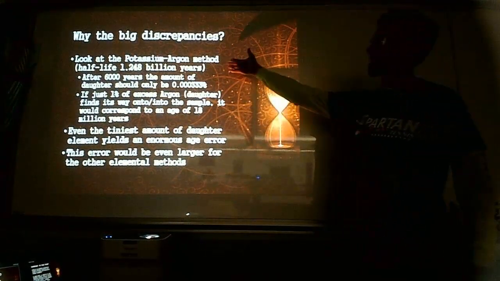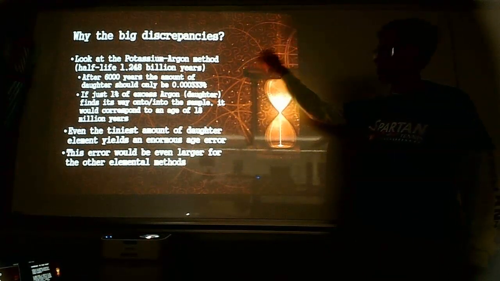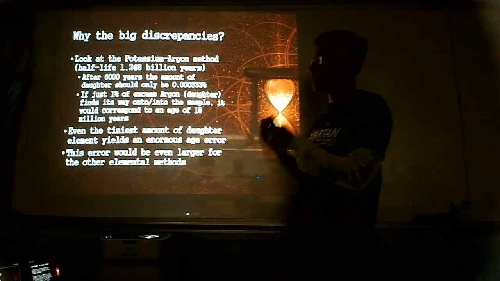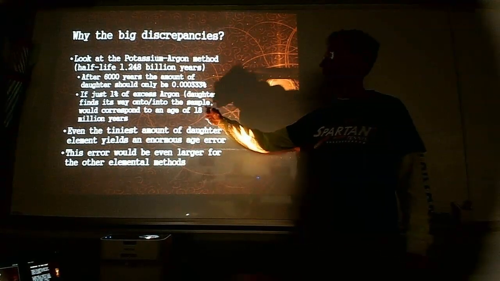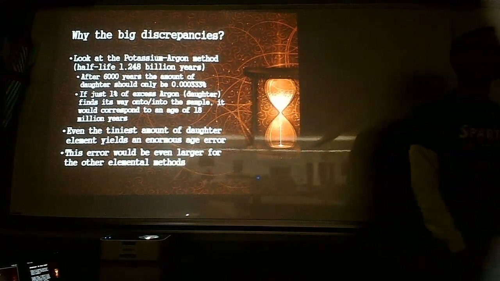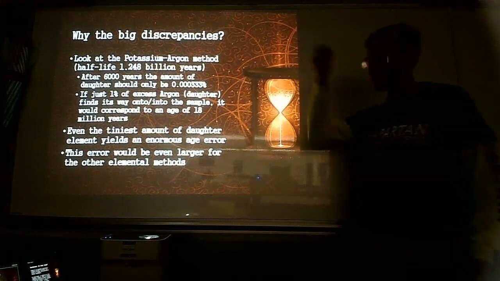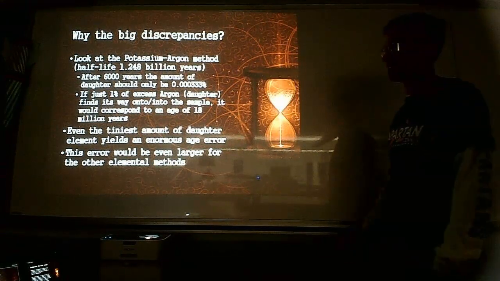So using that method, after 6,000 years, if just 1% of that argon is daughter, if 1% of it is contaminated, that would correspond automatically to an age of 18 million years. That's how far off your numbers can be just by having a slight bit of contamination from the corresponding daughter